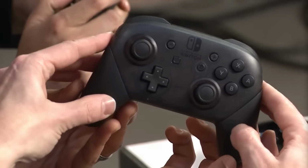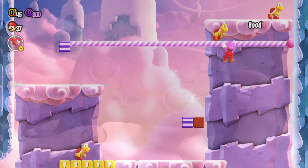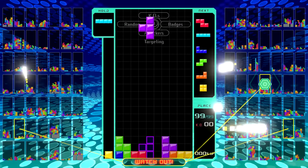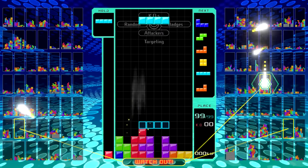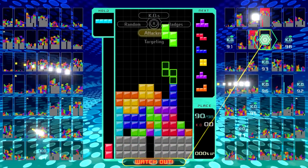But this video is supposed to be about the original Switch, and I do have a couple complaints about the original Pro Controller. For one, I have never loved how the D-pad felt on this thing. If you had ever played Tetris 99 while using this controller, you would know how easy it is to press a direction that you didn't want to by accident. You would try moving a piece to the side and then...